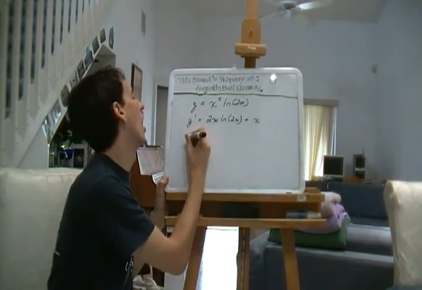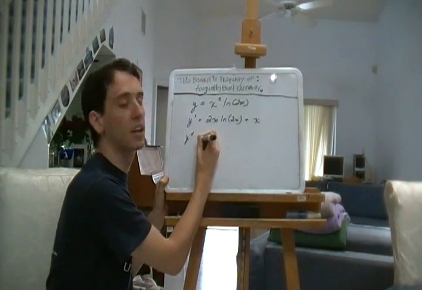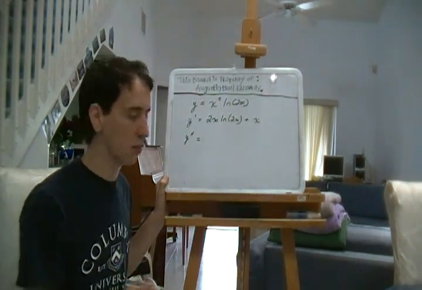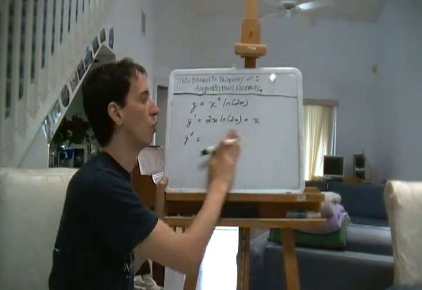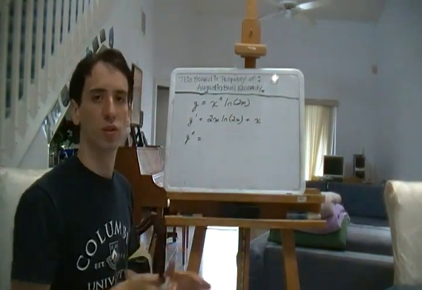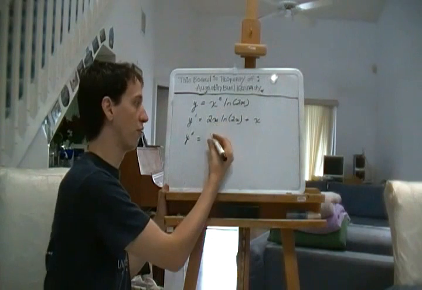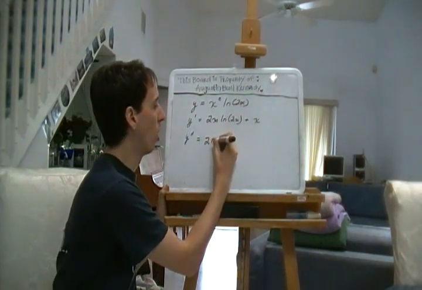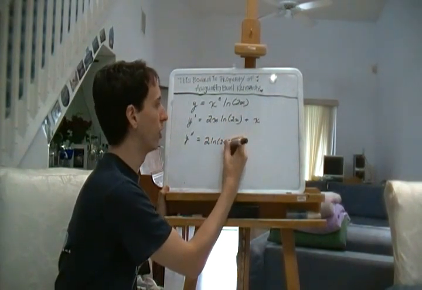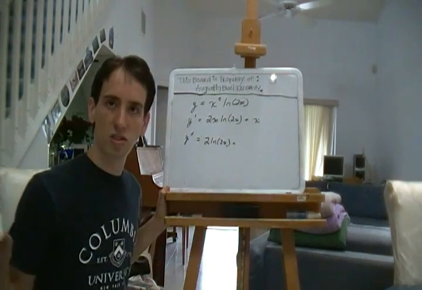Now, let's take y double prime, the second derivative. Well, we're going to do the same thing, except we also have a sum rule to include with the product and the chain rule again. Let's take the product rule again. Derivative of the first, 2 ln 2x. That was very easy. Plus